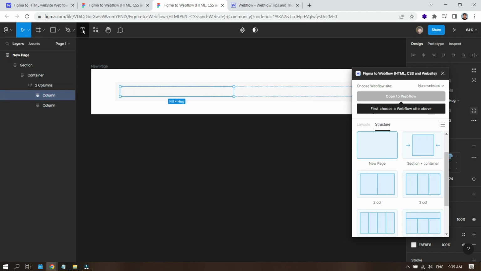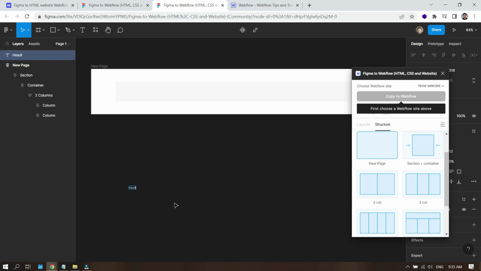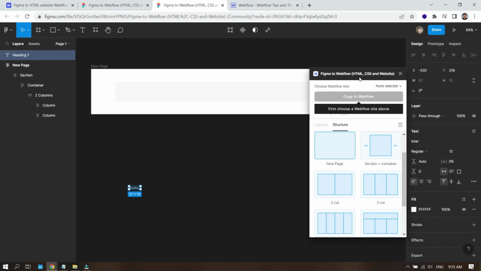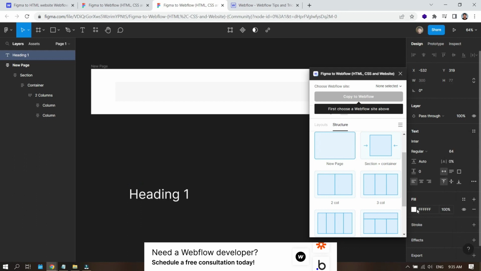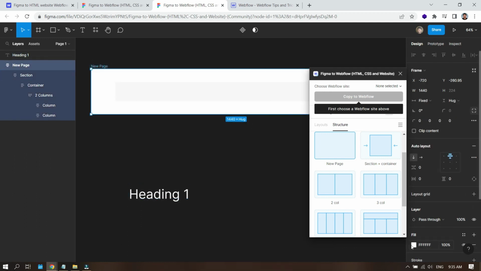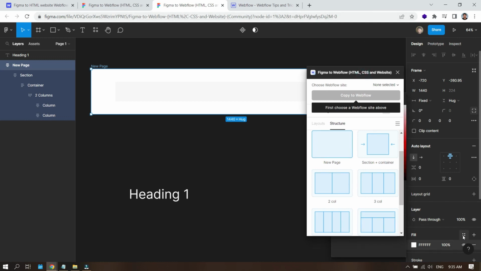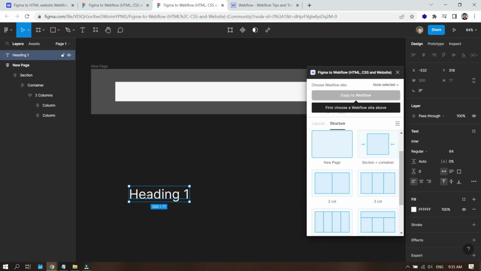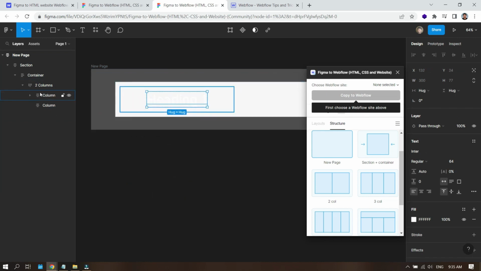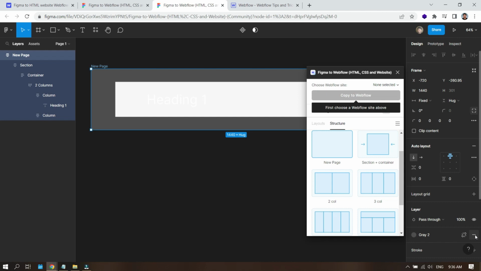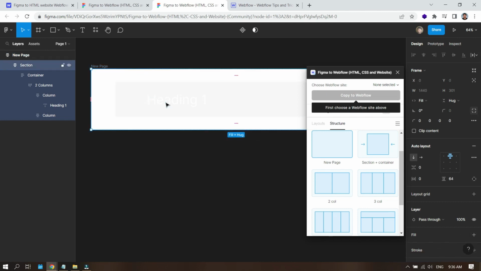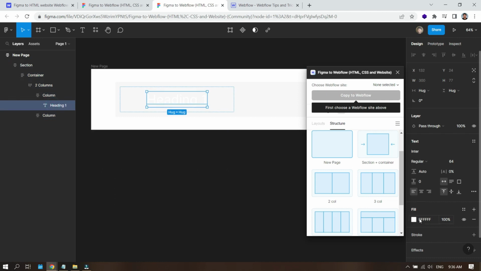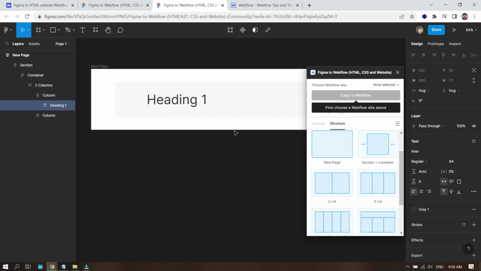So in the first column, I would like to add a heading. Let me just write heading 1, right? Let me make this page little bit gray. Let's make it gray or little bit dark. Yeah, this is better. And if I just bring that into this column, as you can see, that heading is there. Let's make it white, not gray, and let's select this heading, right, and let's give it a black color,